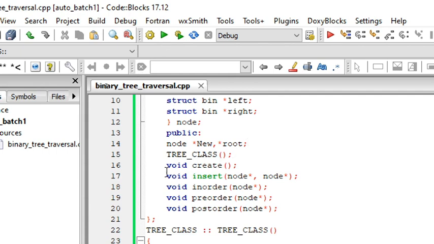That's it. And you can see I'm having the same class name over here. You can easily guess what it is: a constructor. Anything that starts with the class name, we call it a constructor. And look for the parameters. We don't have any parameter. That means it's a default constructor.